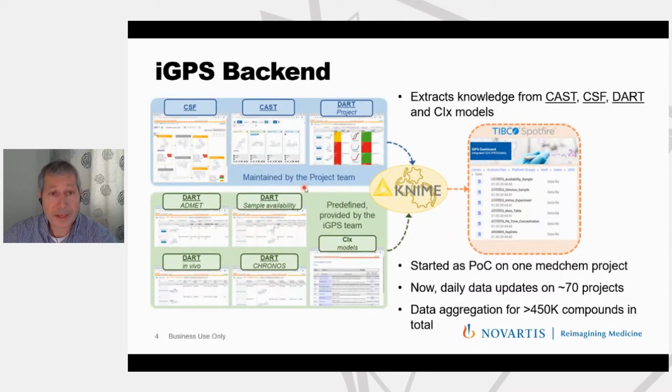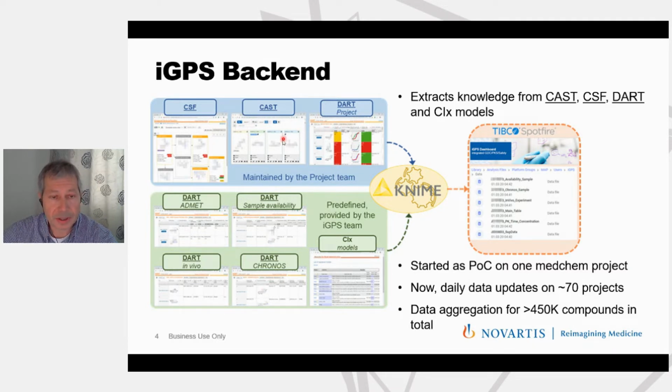So the backend part of IGPS consists of a KNIME workflow which daily extracts the data of a project from different data sources and joins this data to create a Spotfire file in the Spotfire library. So the data sources are the project data, which are maintained by the team, so CSF, CAST, DART, the tools that I have just presented previously.